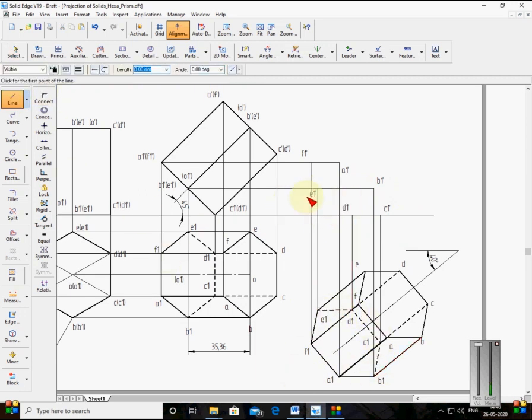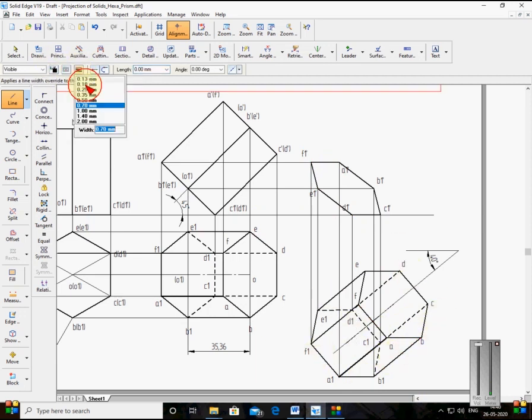That's why I'll join by thick line. So I may use 0.7. A1 dash, B1 dash. And end line you have to choose. End point, end point, end point. This face is seen. This face is seen. Now then what you do, remaining points which are A, B, C, D, E, you will just blindly transfer them first. Project them. Blindly project them.